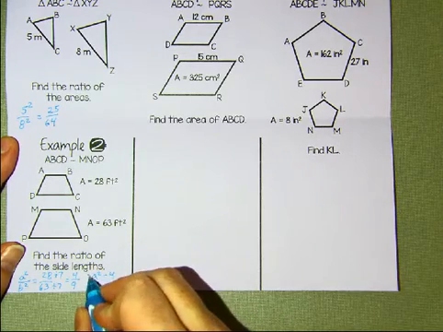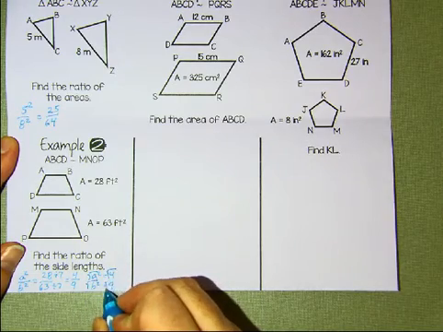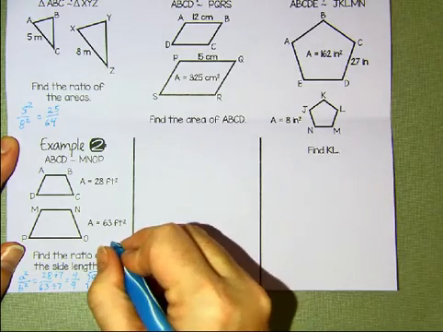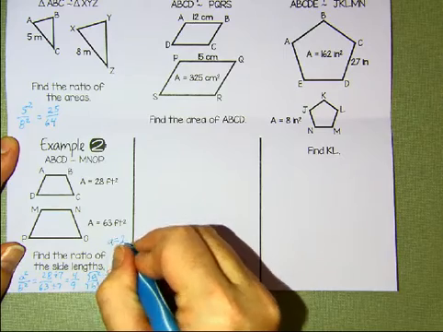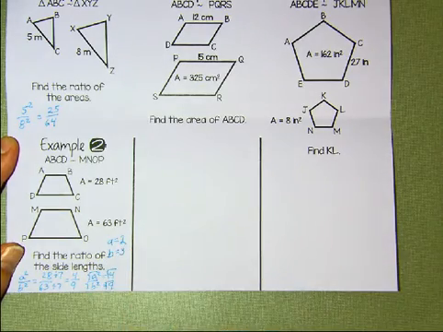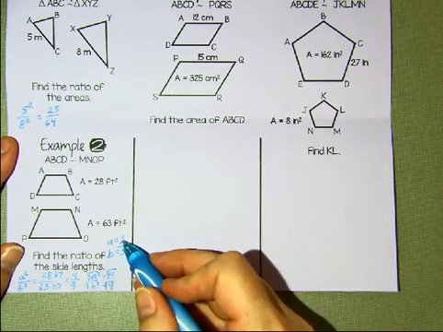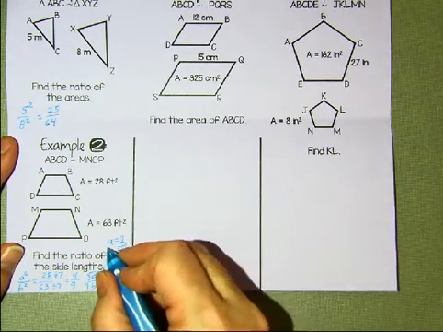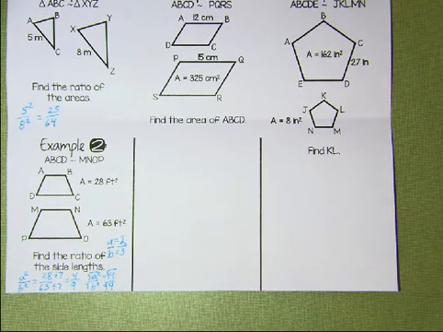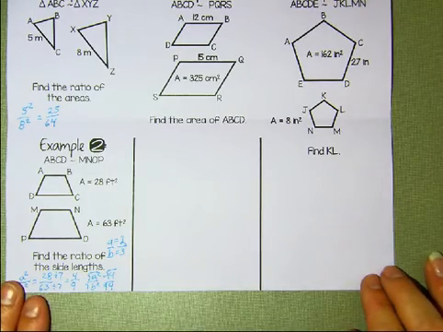So I'm going to take the square root of both, and we end up with a equals 2 and b equals 3. So the ratio of our sides is 2/3. Okay? All right, so let's move on,